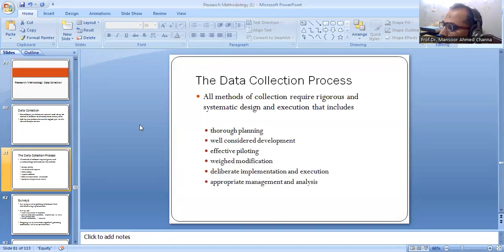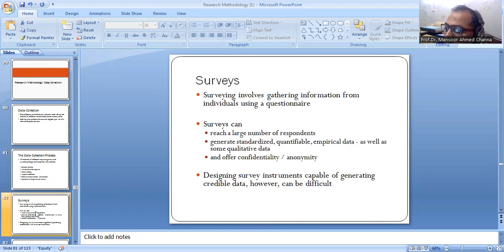Now, the data collection process. All methods, whatever the method you choose for collection, require rigorous and systematic design and execution that includes thorough planning, well-considered development, effective piloting, wave modification, deliberate implementation, execution, and appropriate management and analysis. Data collection includes number one,